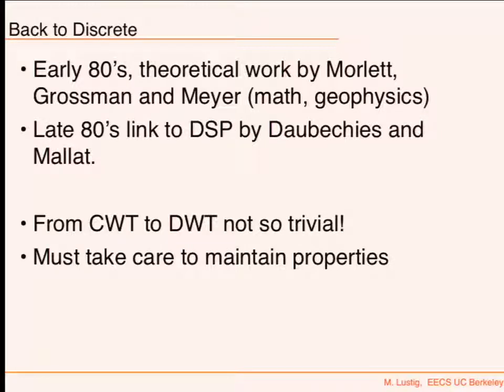So they look at those types of properties, but the question is how these translate into discrete time. We're not going to go into too much of this. We're going to deal with the simplest wavelet, which is the Haar wavelet, which has just a 0th moment. Its first moment is not 0.